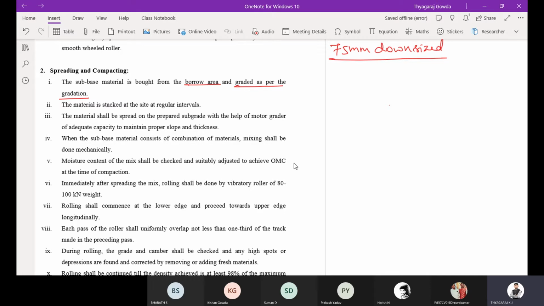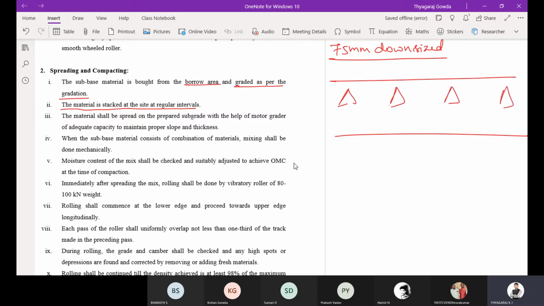The material is stacked at the site at regular intervals, for example along the road where we are laying.